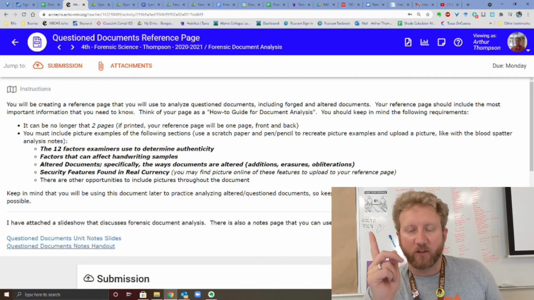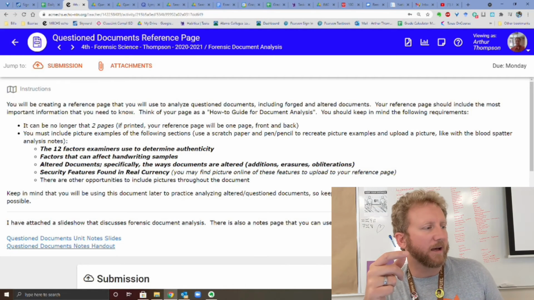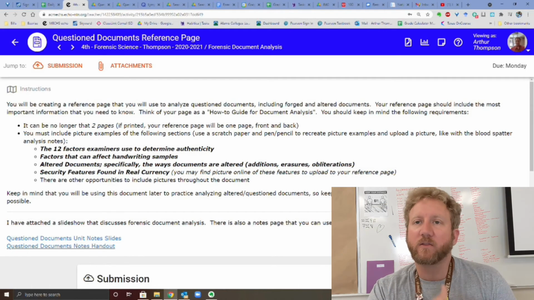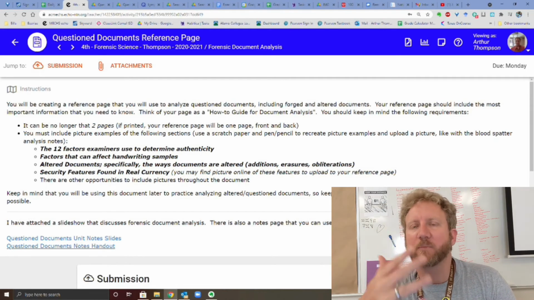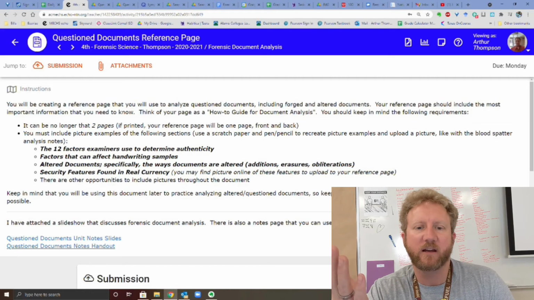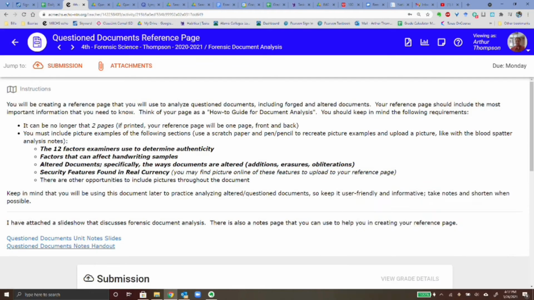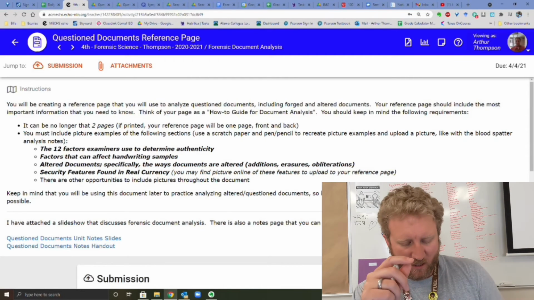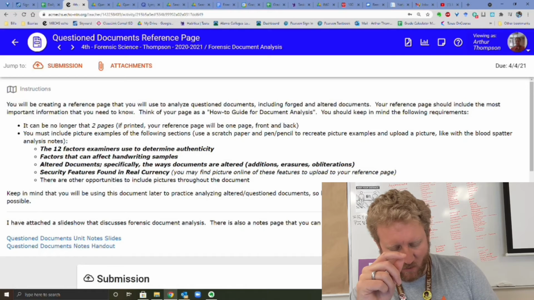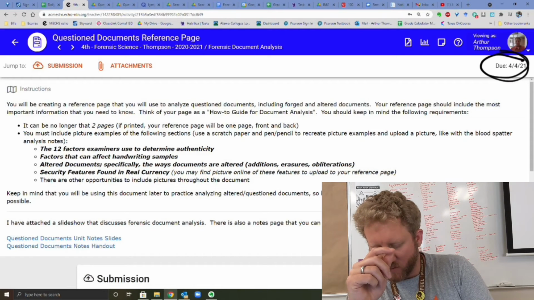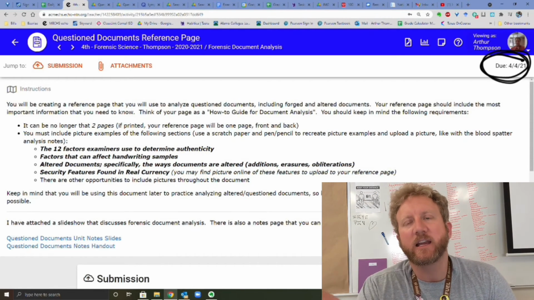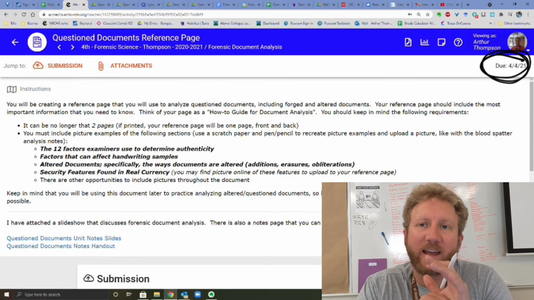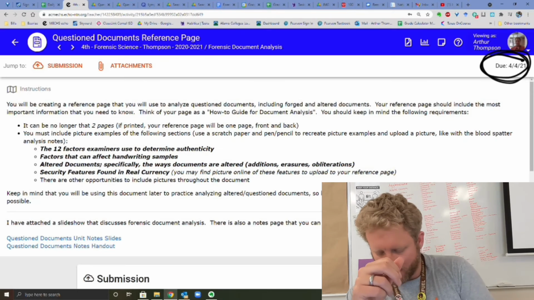Now, the due date for this one is actually, for fourth period, it says Monday, and seventh period, we've had this conversation. I did have it set after that. As far as the due date, I have made some updates. So fourth period, your due date is now about a week and a half from now. It's a Sunday night. Basically, you need to have it done because you're going to need to use it Monday the 5th. Now for seventh period,